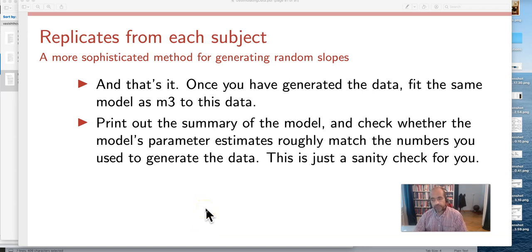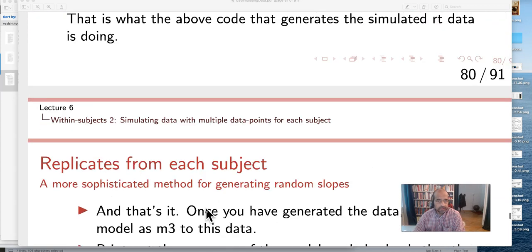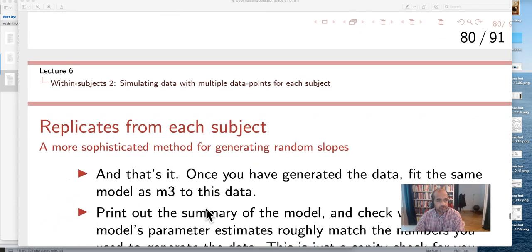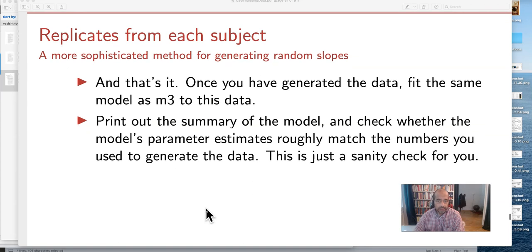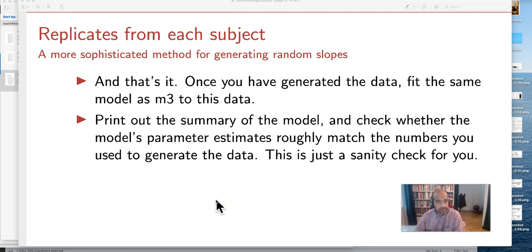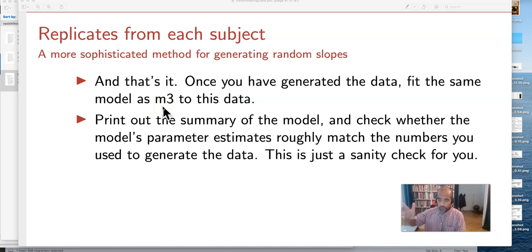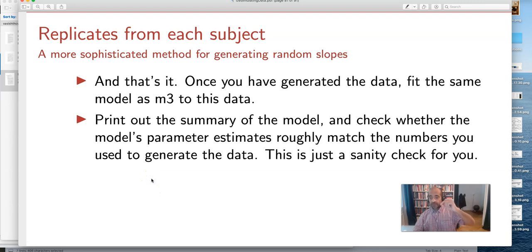Okay, so continuing with this lecture on generating simulated data for within subjects designs. We've reached the point where we can produce data with varying intercepts and slopes specifications, right? And so once we have generated such simulated data, we can fit the same model as M3 that I'd shown you earlier with varying intercepts and slopes with no correlation between the intercepts and slopes, right? But this time we have a parameter specifying the true value of the slope